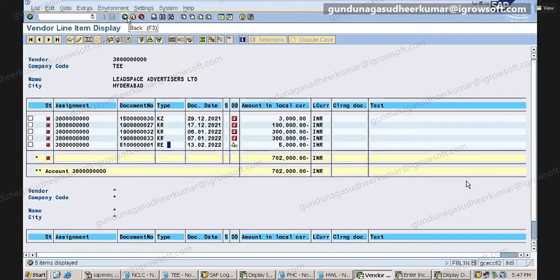Every time, if you go to your GR/IR, it will nullify.